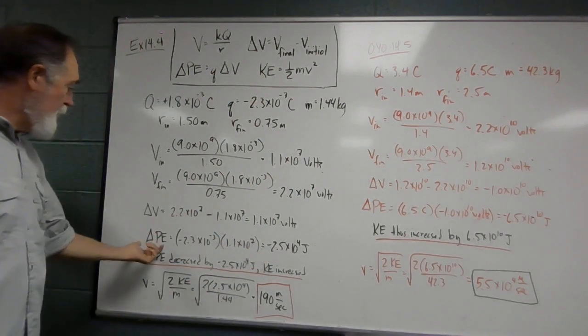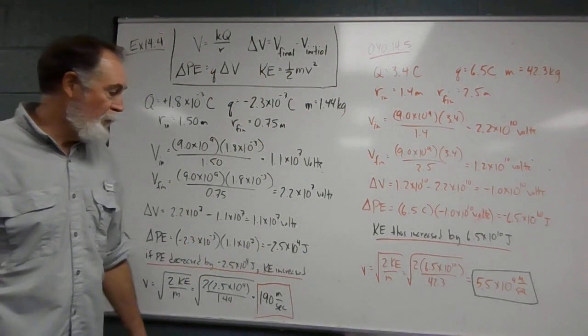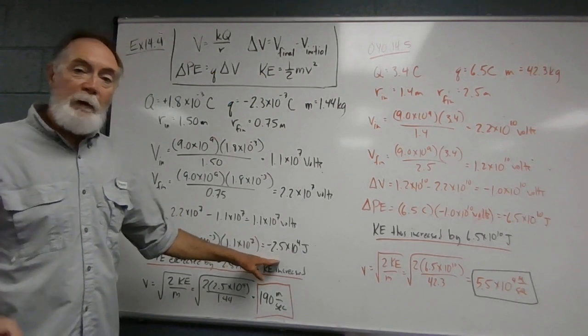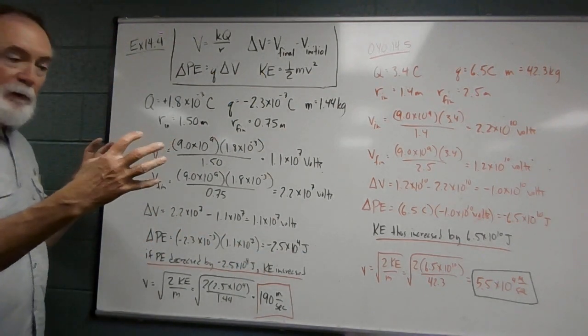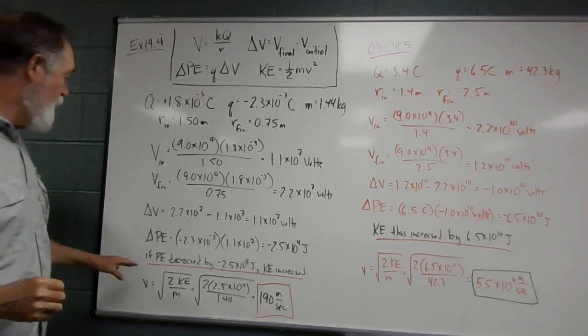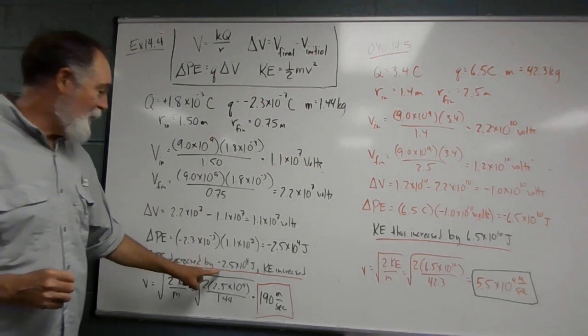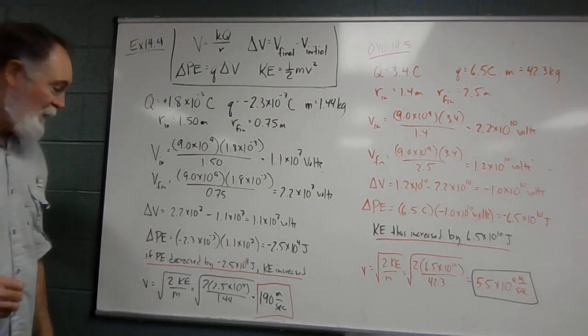And so the change in potential energy is negative 2.5 times 10 to the fourth joules. All right, so look, the potential energy has decreased as these two particles have moved closer together. And if the potential energy decreased by this amount, that means the kinetic energy increased by that